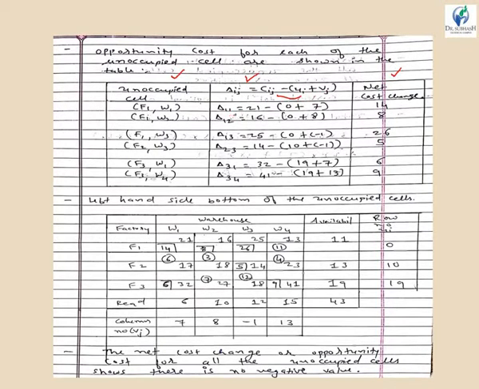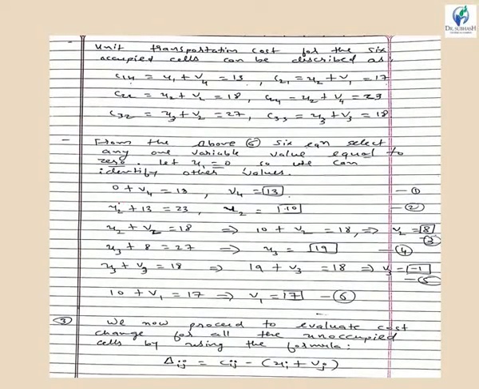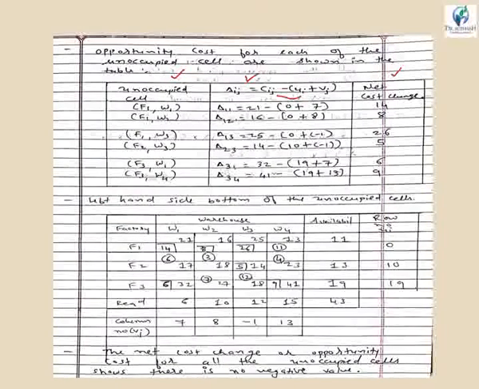So we can write delta 11 is equal to Cij, the value of C11 that you can find from the main table, that is 21 minus 0 plus 7. These u1, u2, u3, all the values we had obtained in our previous slide over here. So all these values will be used to find out the opportunity cost. Substituting all those values will give you 21 minus 7, that is 14, so that is over here.